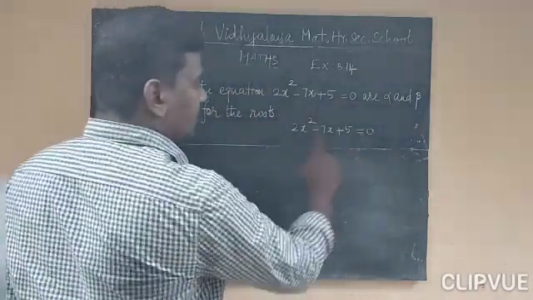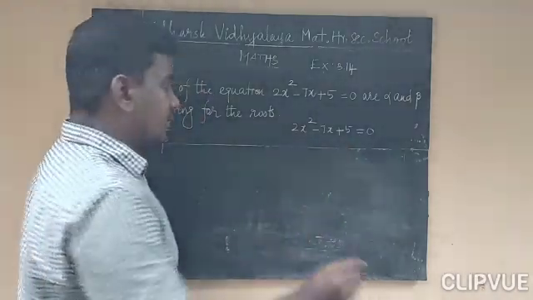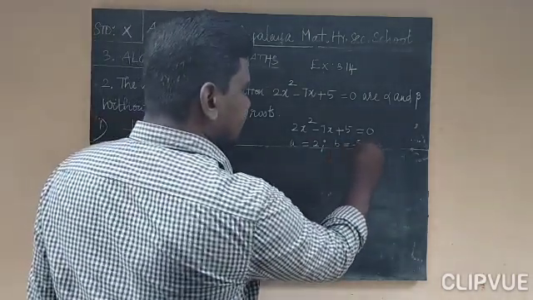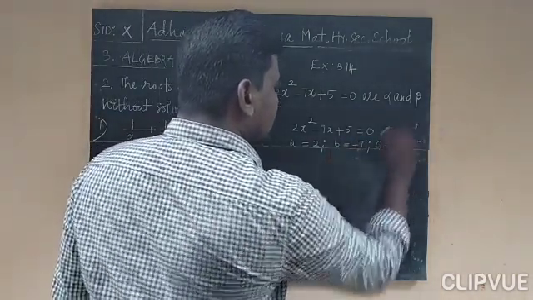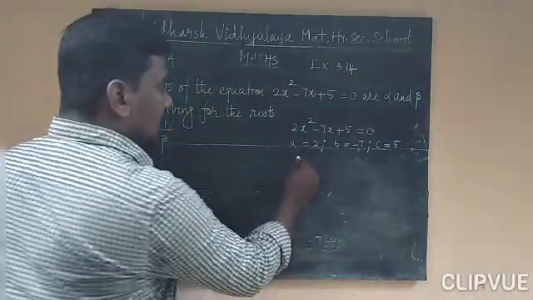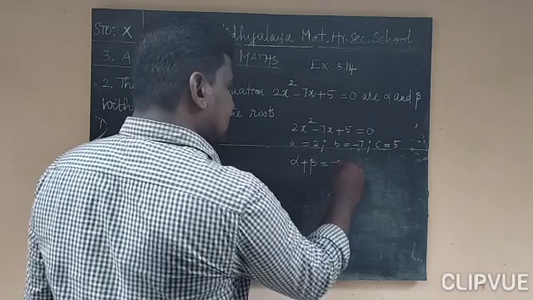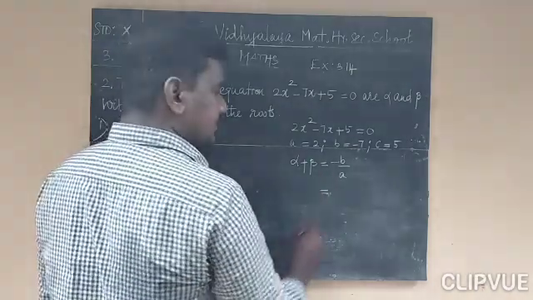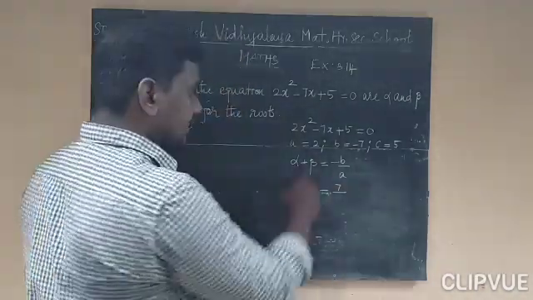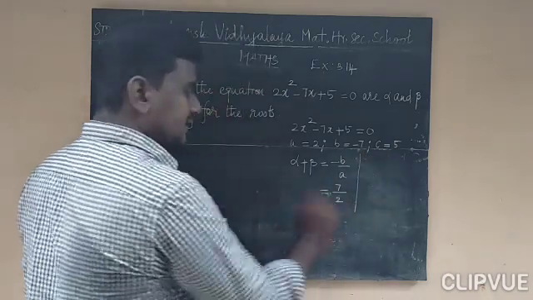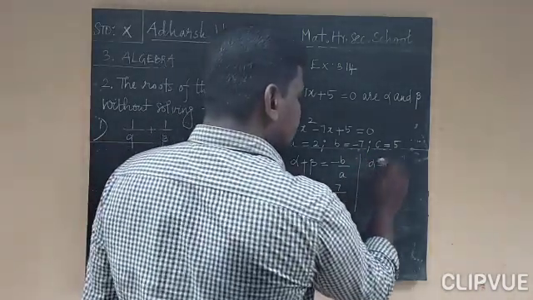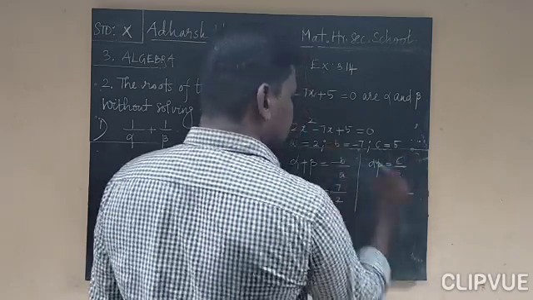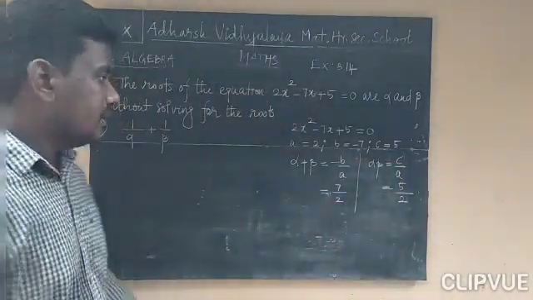Understand? It is in the form of ax square plus bx plus c equal to 0, where a is equal to the coefficient of x square, that is 2, and b is equal to minus 7 and c is equal to 5. Understand? Okay. So alpha plus beta, that is minus b by a. Where b is equal to minus 7, here one minus is there, so minus into minus is plus 7 by a, which is 2. This is the alpha plus beta value, and the alpha into beta value is equal to c by a. C is 5 and a is 2, so 5 by 2. Okay. Now move to this one.